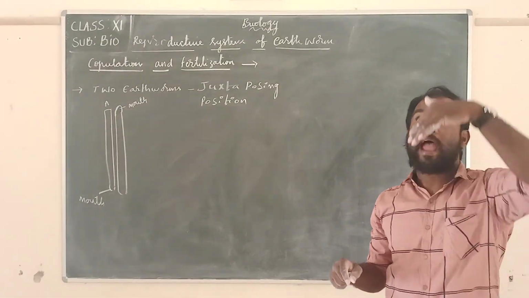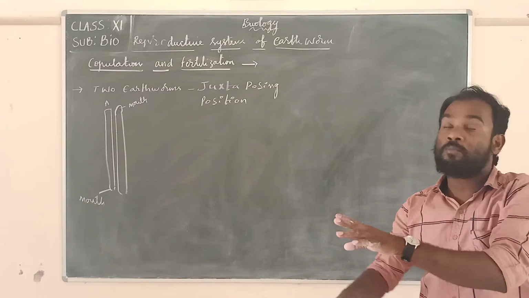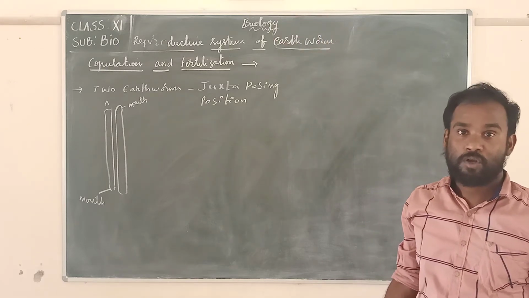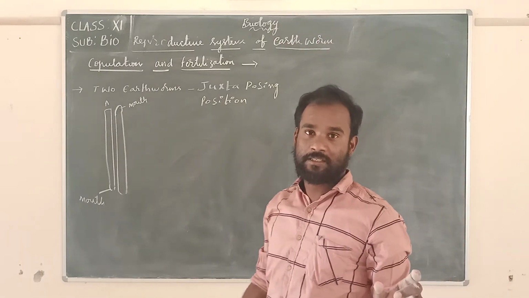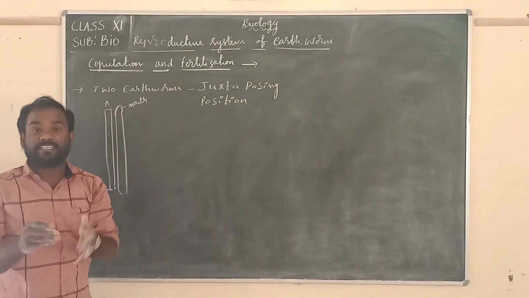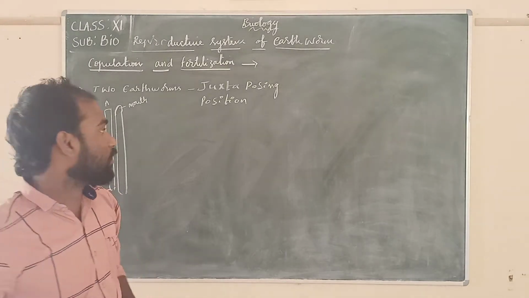For one earthworm, the anterior region is at the top and the posterior region at the bottom, which means for another earthworm, the posterior region is at the top and the anterior region will be at the bottom. Why should it come like that? If they come in contact with each other in juxtaposing direction, the advantage is,